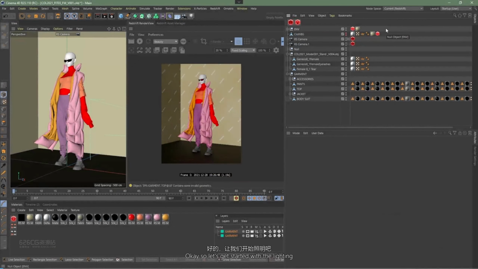Okay, so let's get started with the lighting portion. This is something I find really enjoyable in Cinema 4D and Redshift. Makes it really easy and there's lots of room for creative input. So I just want to go through all the different tools that I use for lighting, as well as